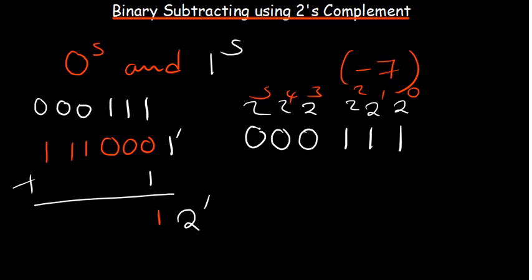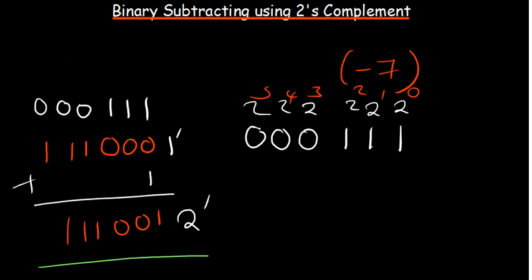So we have a 1, 0, 0, 1, 1, 1. So what you have in this case is what you are calling what? You've converted your 7 to what? To 2's complement, which is the study that we are focusing on in this video. Okay. So now let's try to perform the addition between our -7 and our positive 7, so that we get